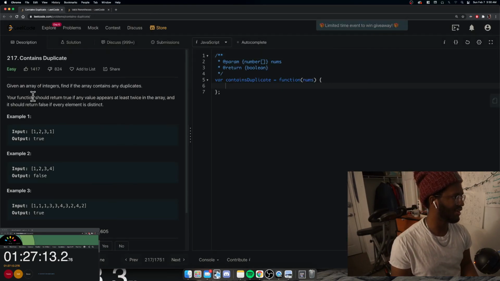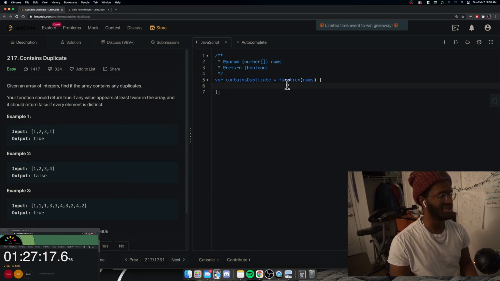Given an array of integers, find if the array contains any duplicates. The array is not sorted, so this is just going to be a standard